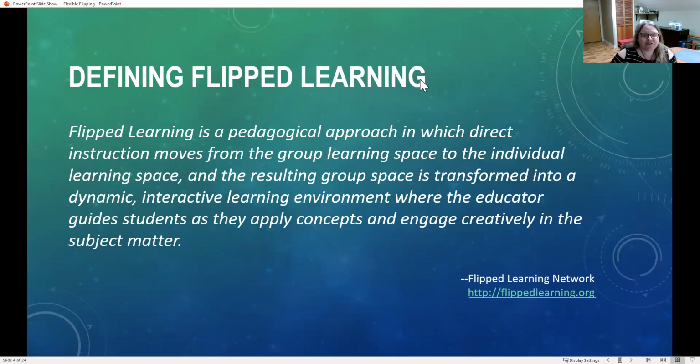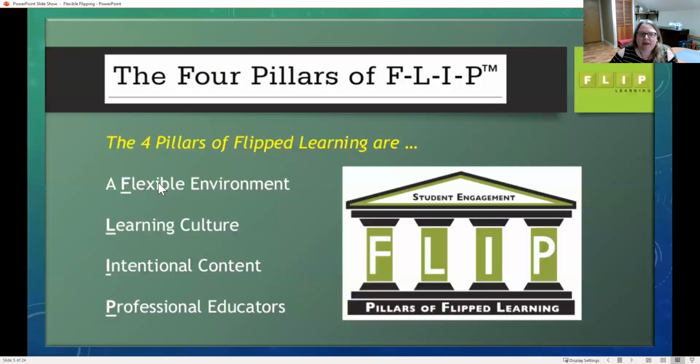Like I said, I am a math instructor and a lot of my experience is in that department, but I think that these principles really apply in any type of subject matter or learning space. As we're thinking of flipped learning, these are the main pillars, the things that we're doing to really engage students